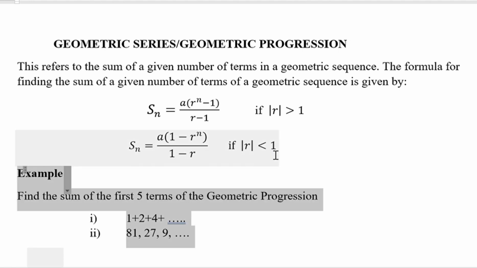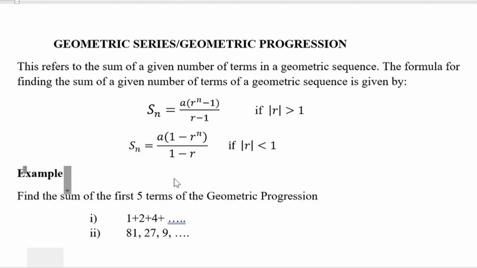So we have two examples here to drive the point home. We have to find the sum of the first 5 terms of the geometric progression. We have 1 plus 2 plus 4 and so on. The other one is 81, 27, 9, and so on. So starting with the first one,